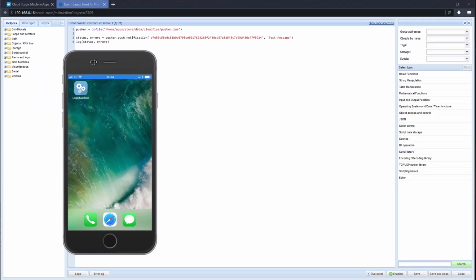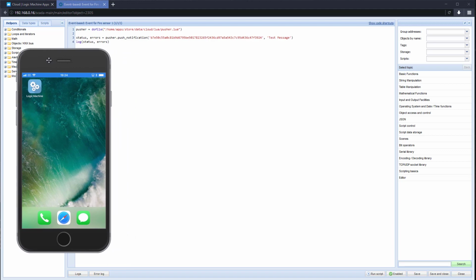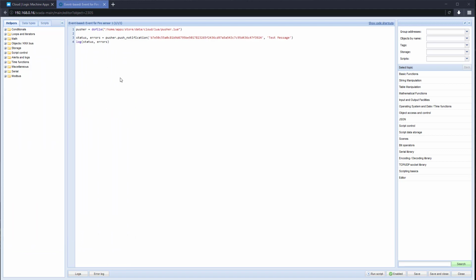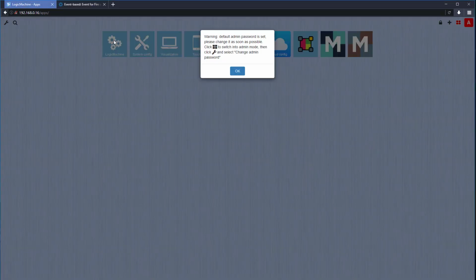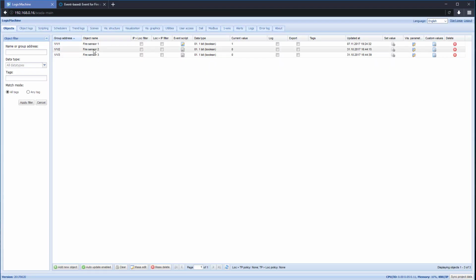So that was the second option, but that's okay. Some of you may want to use it, but it's not the best at all. I will now show you how to send a notification to all devices at the same time. So I will create another script under the sensor 2, again event,